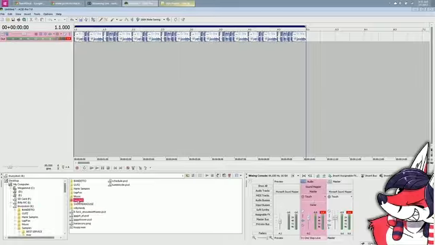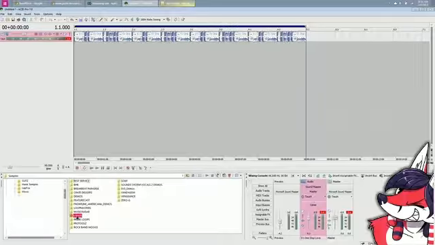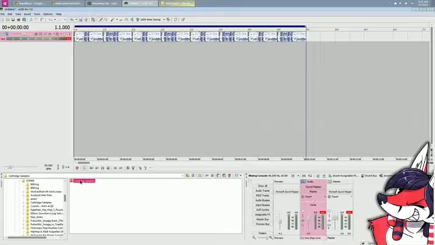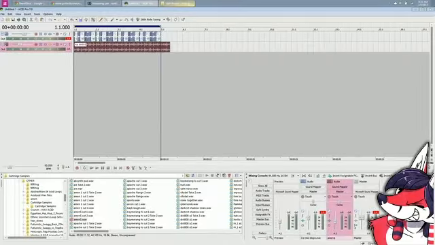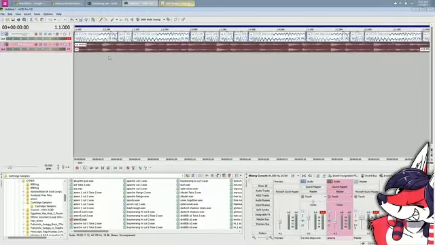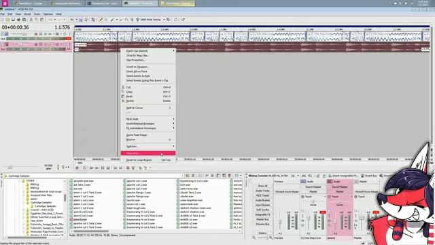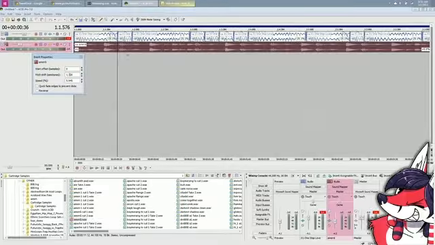So to improve the quality of this, I just fix it with this. Fuck, that's not right. 1.6.